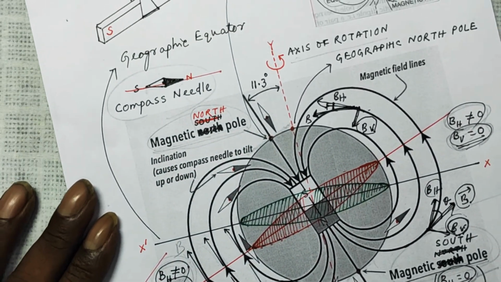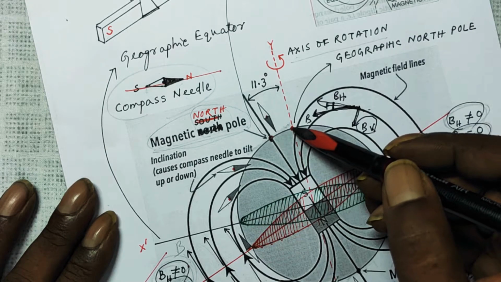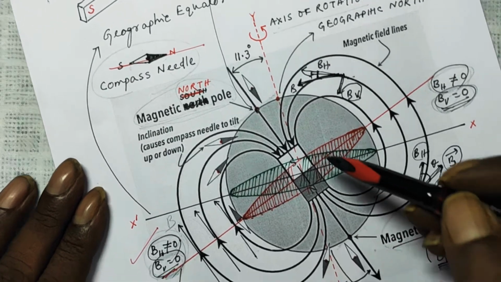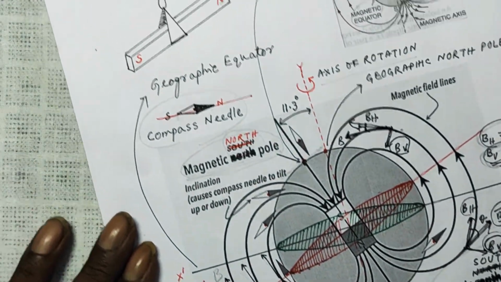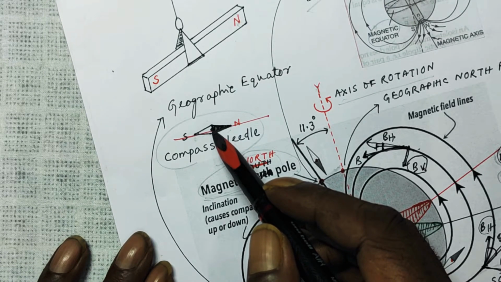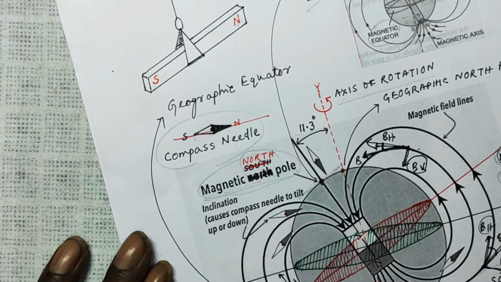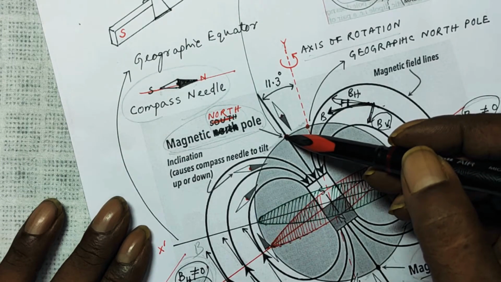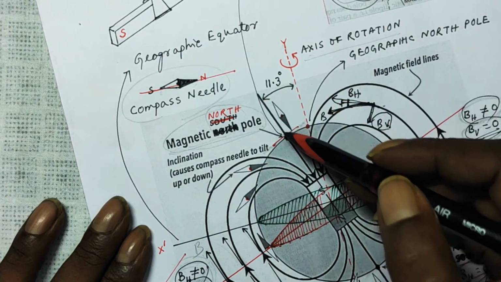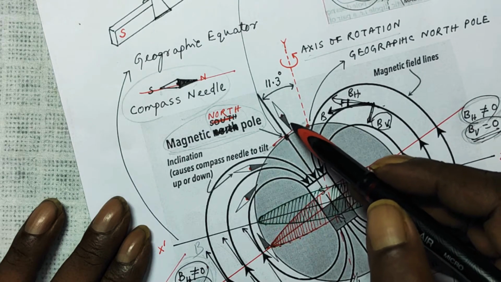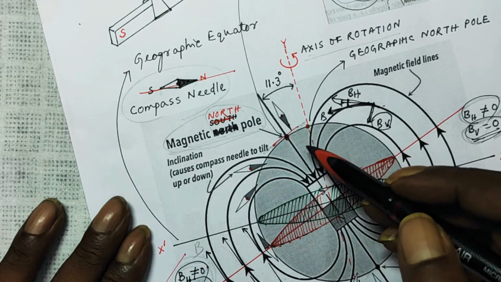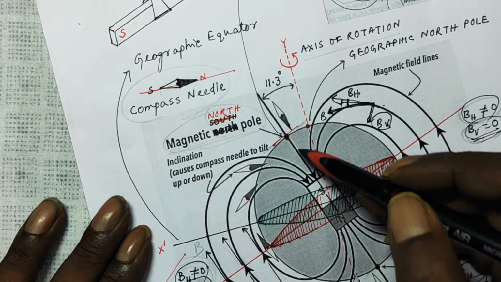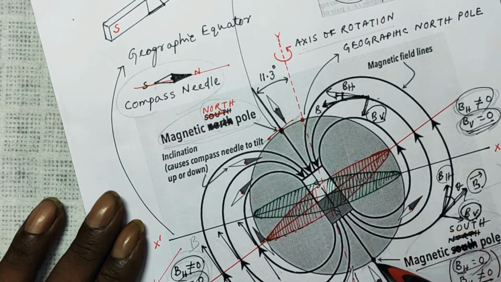And what else had I explained? At the magnetic north pole and the magnetic south pole, not the geographic north, if you suspend a magnetic needle by a thread freely, means the needle is capable of rotating in a vertical plane, here the needle to the surface of the earth will be totally vertical. The north pole of this needle will point to this side, because when the earth is behaving as a magnet, its south pole is here and its north pole is here, right?